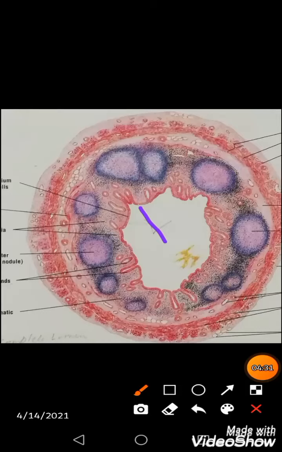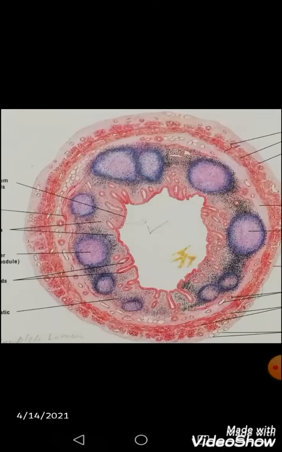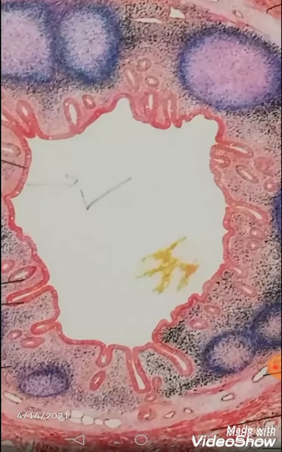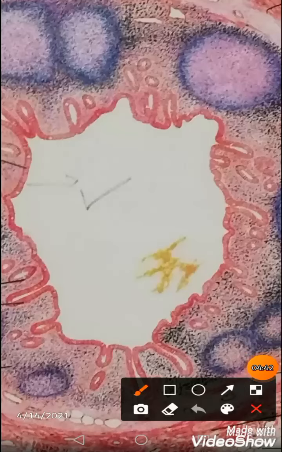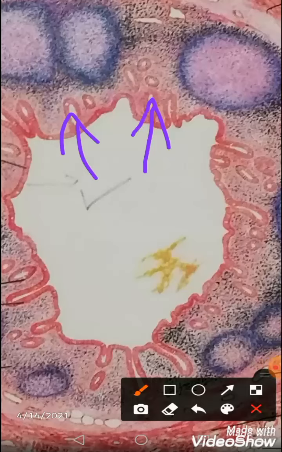The epithelium definitely here is the simple columnar epithelium, and if I can enlarge it a little bit, you can see that there are small tubular glands, simple tubular glands, which are also labeled as crypts of Lieberkühn. They are present but